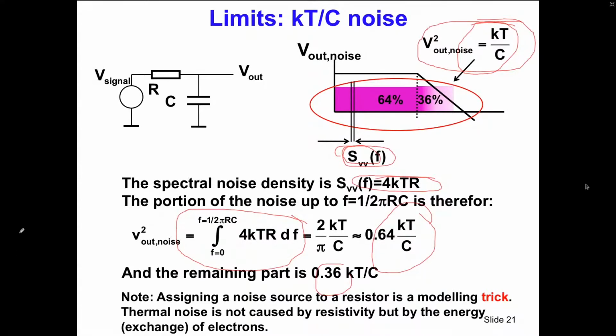But at the moment you are tested for a job application, and I put a resistor in front of you and say, here's a resistor, how much thermal energy does it have? Don't start talking about 4kTR, and simply say nil, because a resistor on itself has no noise properties. The noise source attached to a resistor is a modeling trick, and it is important to realize in a lot of situations to check the kT/C noise.